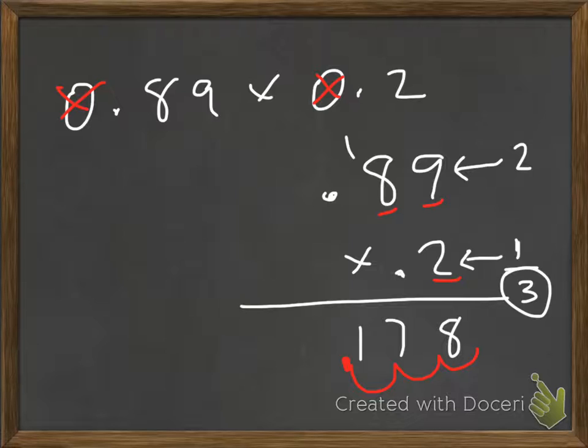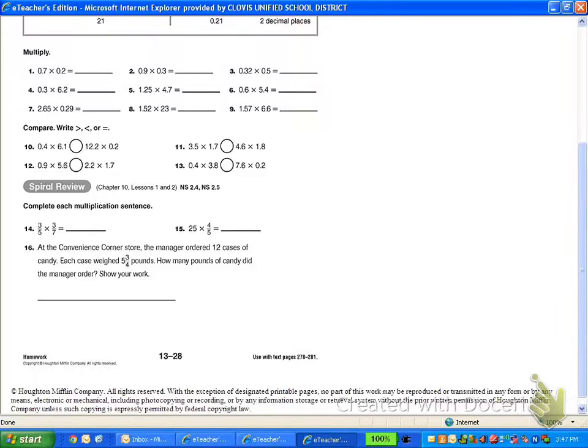And hopefully the kids will read the directions, because sometimes it'll say what's the best estimate, other times it'll just have a problem like this. So let's look at some of their homework problems. So as we got number 3, we got 0.32